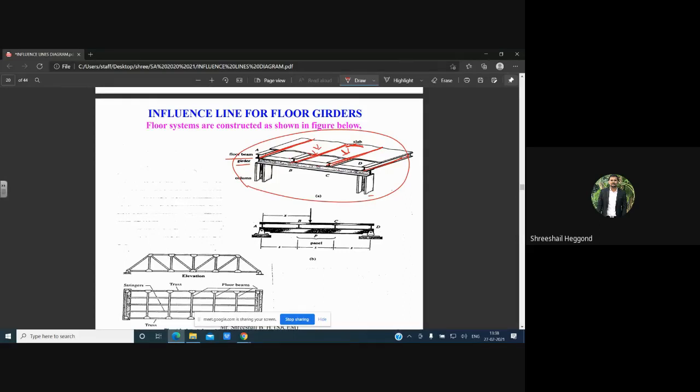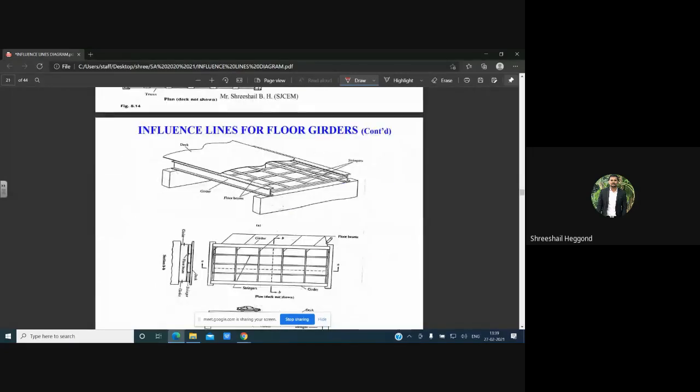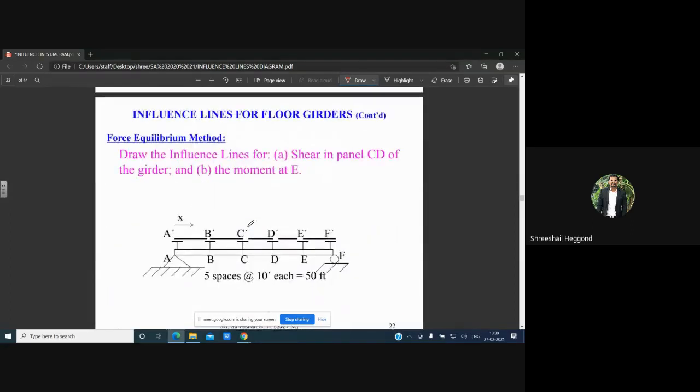So girders will be carrying the load from those slabs, and that can be modeled as a simply supported beam, it can have a fixed support, and it can be with trusses also. The loading conditions will be there for different components. So there will be transfer of loads from one end to another, that is from slab to girders and girders to columns. That is given over here.